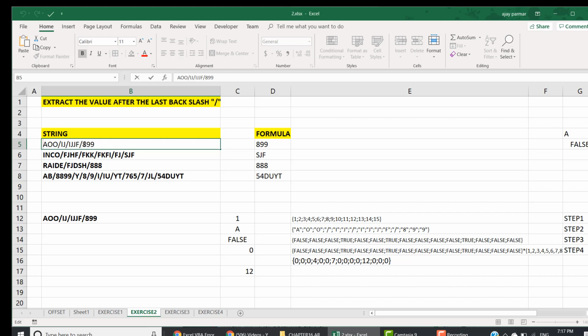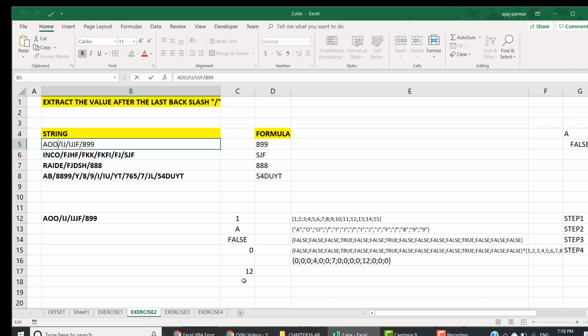This is also how we write something. If you have to write something on Notepad, or in a textbook, we always write left to right, isn't it? So if you go this way, then obviously the position of the backslash which we need is the highest, the largest position. The largest position will come only for the backslash which you have at the last. The position of this backslash is always going to be greater than the position of this backslash, and the position of this one is going to be greater than this one, right? So this is the logic.